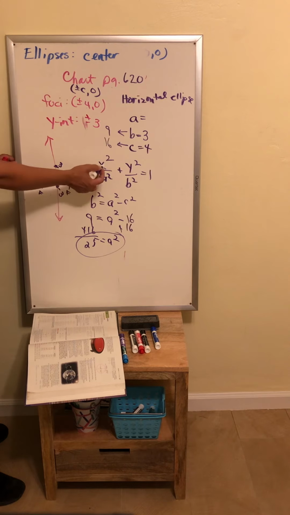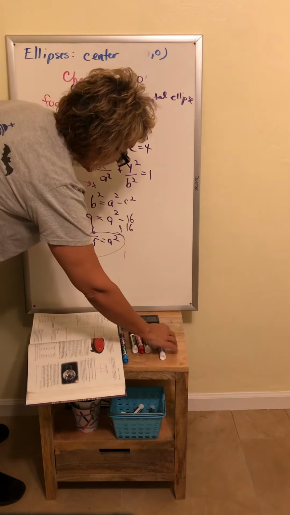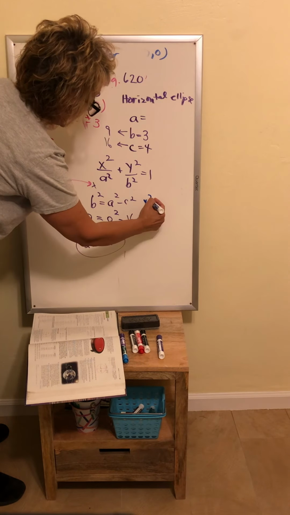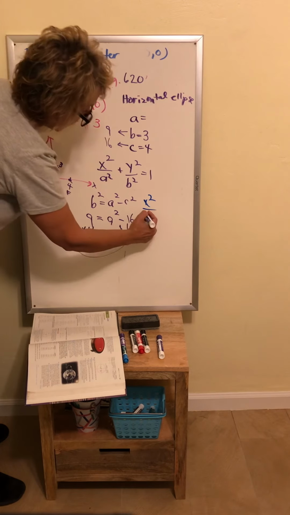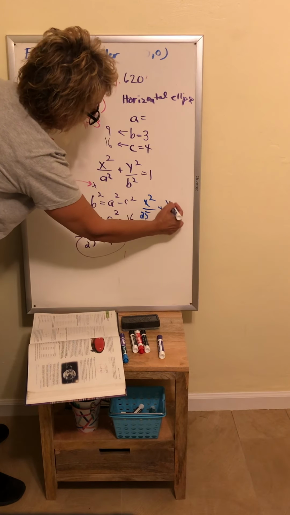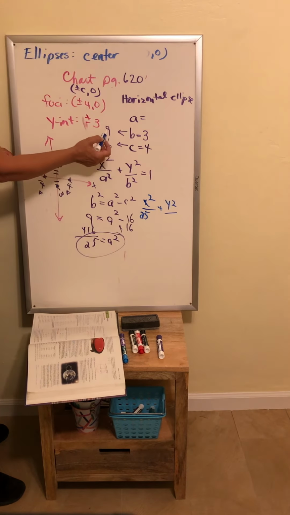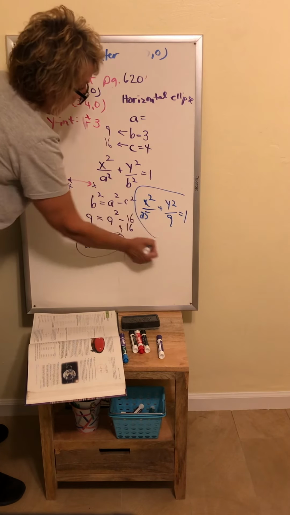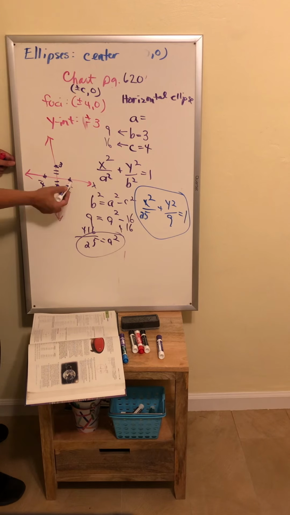So we're going to be able to substitute into this equation. The equation for this ellipse is going to be x squared over a squared, which we solved and got 25, plus y squared over b squared, which we knew because we knew what b was, is equal to 1. The ordered pairs for the vertices would be at